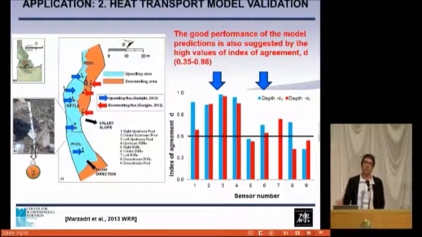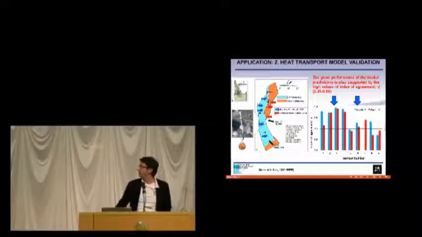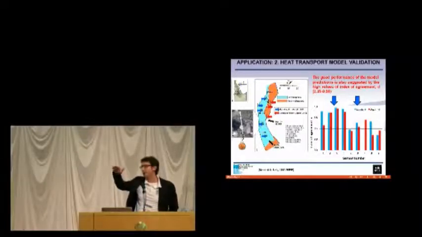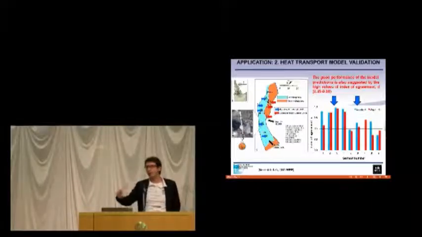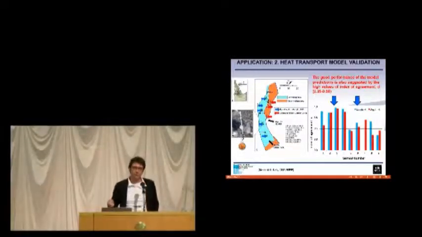What about heat transfer? We did a set of experiments where we buried the Tidbit, which is a temperature sensor, in the Bear Valley Creek in Idaho at 4 different depths. We had one in the stream, one 15 centimeters below the streambed, another one at 25, and the last one at 50 centimeters. We used the one on the top to characterize the temperature of the water surface, the one at the bottom to characterize the groundwater flow,